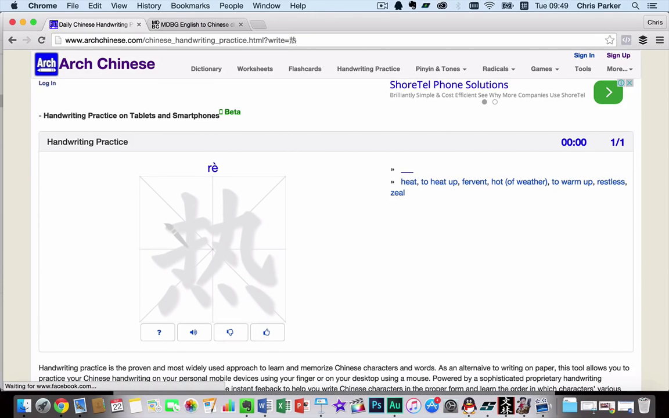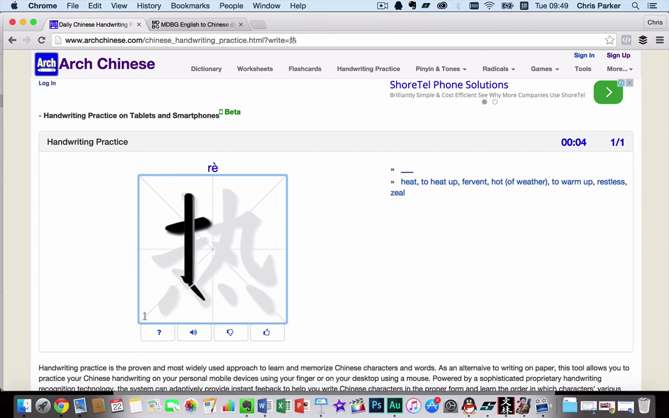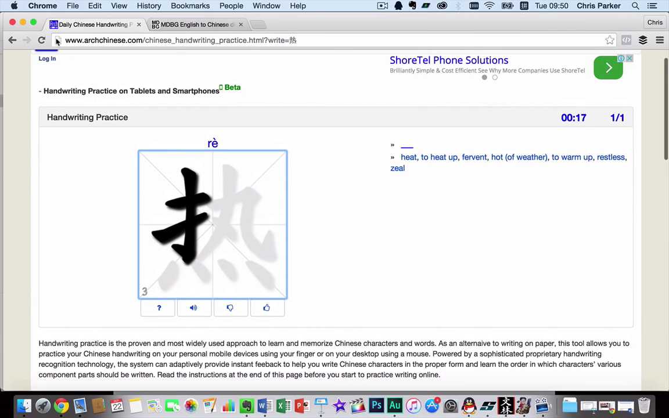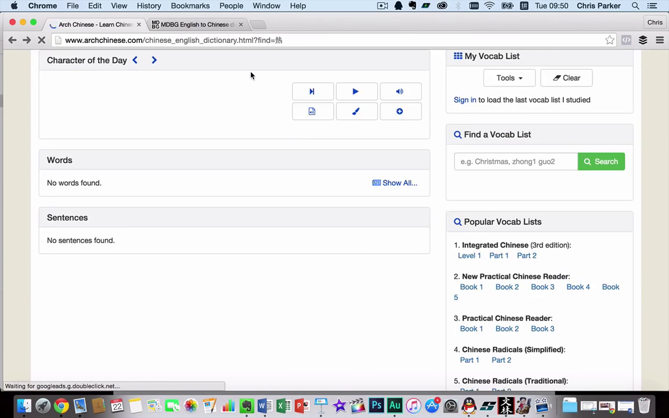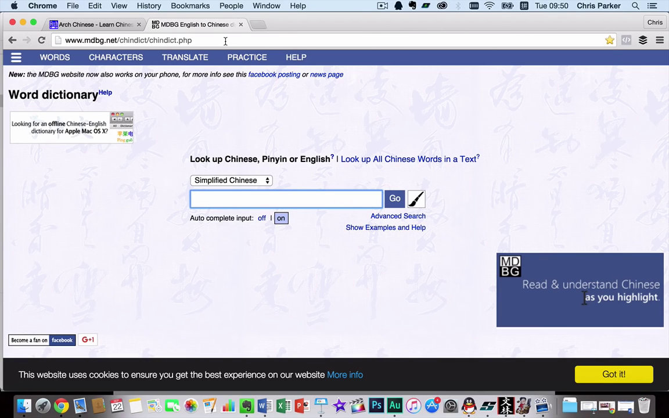So this works a bit better if you're using a phone or a mobile device. It doesn't work that well if you're on a computer and you're using the mouse, but you would practice how to write this stroke by stroke. So after you've looked at the example, you can give it a go yourself and it will give you some feedback. So this is really, really useful. Okay, so let's have a look at the next website, which is